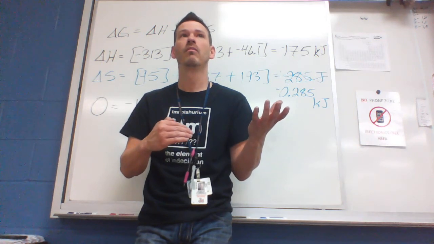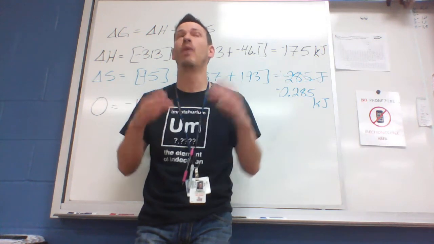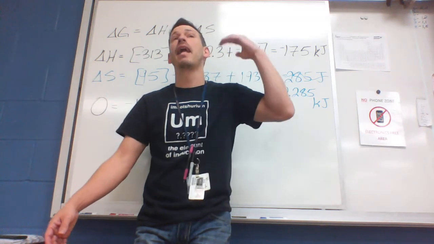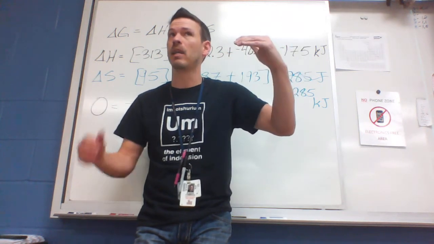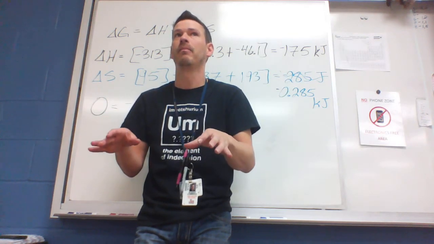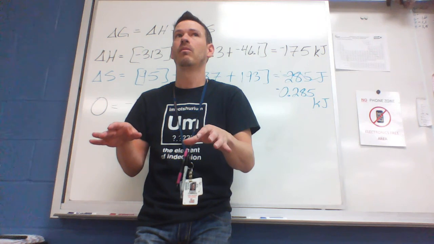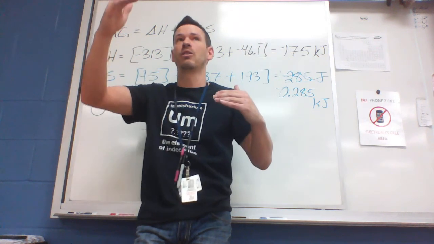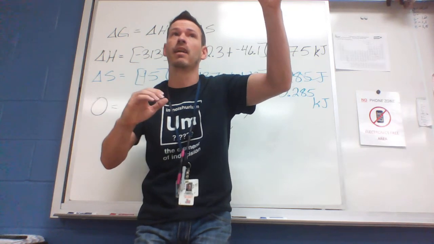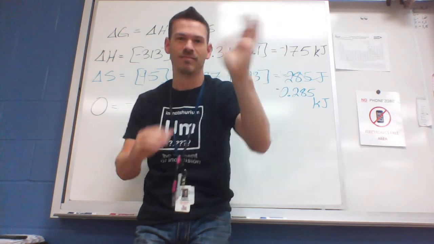And A is negative? Well, A is the opposite. It depends on what you're talking about. For A on there, your entropy is going to be negative. It's going to make Gibbs free energy positive, neither of which favor it thermodynamically. Because they always go opposite directions. And for it to be spontaneous, S has to be positive and G has to be negative. But I'm saying S is negative on A, right?